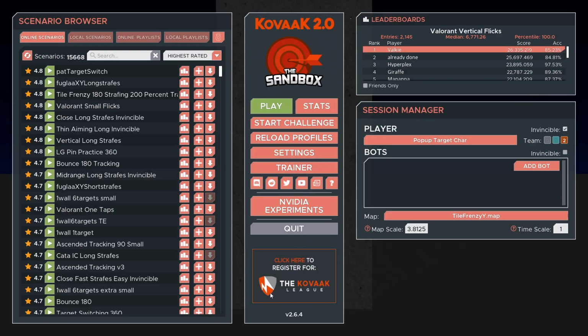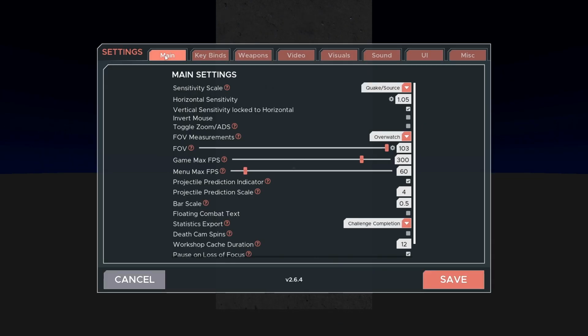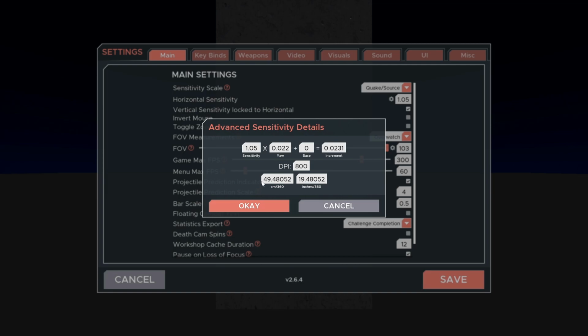Once you're in the Kovaak Sandbox menu, the first thing we'll be going over is our settings. So you can go to Settings and Main. This is where we will be doing our sensitivity. What you want to do is go to sensitivity scale and select Quake/source, as CSGO works on the source engine. In horizontal sensitivity, you can enter the sensitivity as you have it in CSGO, as it is exactly the same. You can also click on this wheel right here, and you will see that it confirms you're using the right